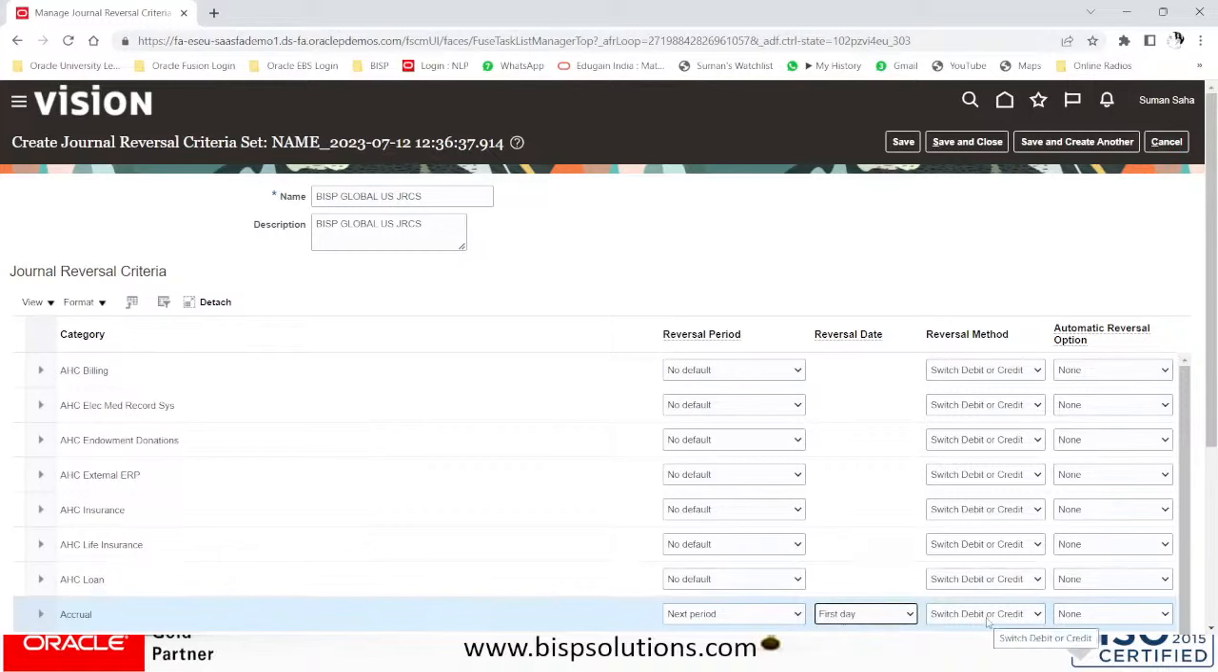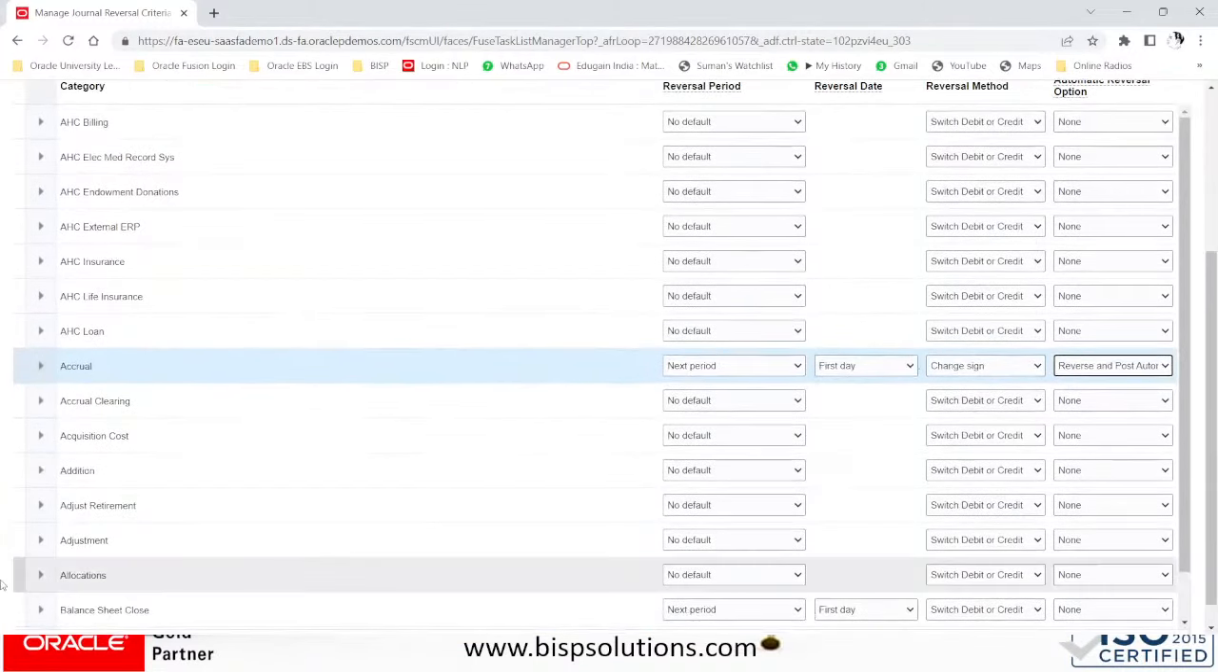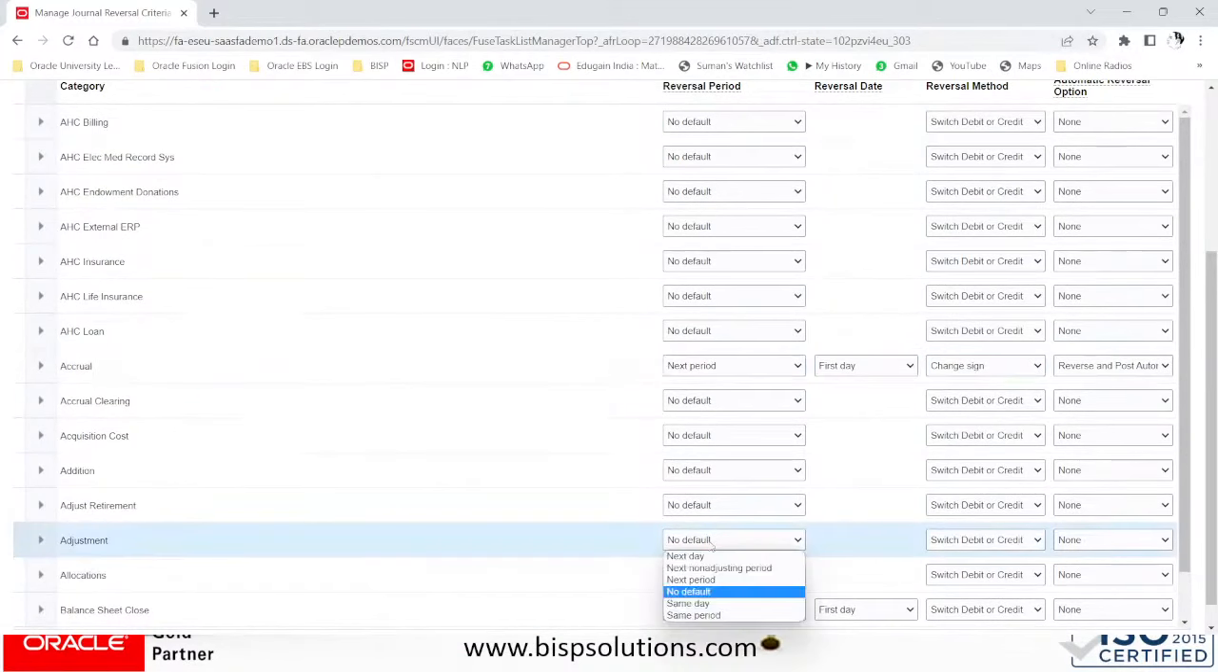And what should be the reversal method? It should be a switch between the debit and credit or sign change. I take it as a sign change, and after that the automatic reversal option, it will reverse or reverse and post automatically, right? So one of the requirements is that they want to reverse and post automatically, specifically the accrual based, and one of them saying that adjustment. So they want adjustment should be